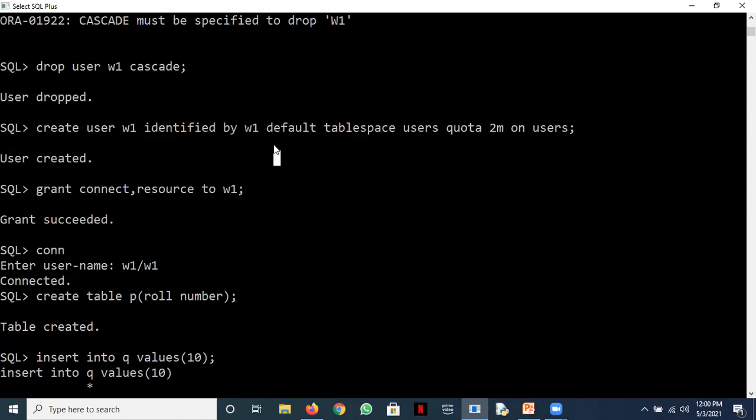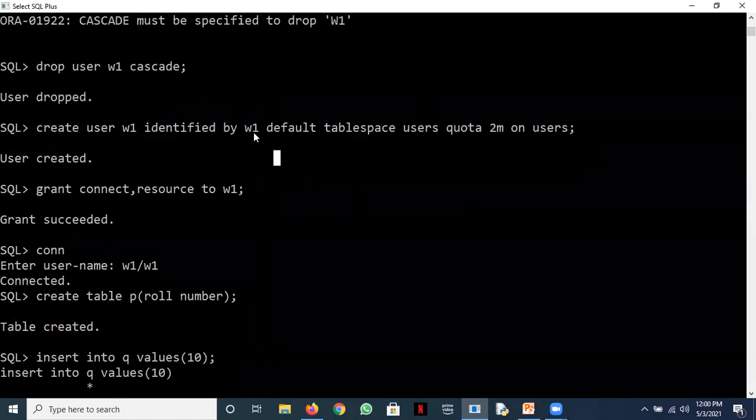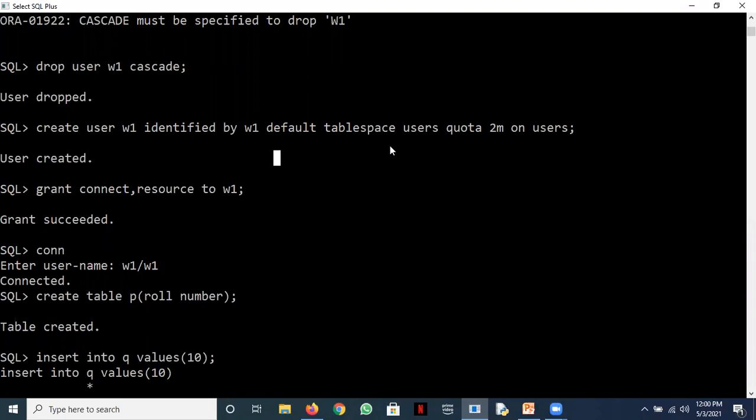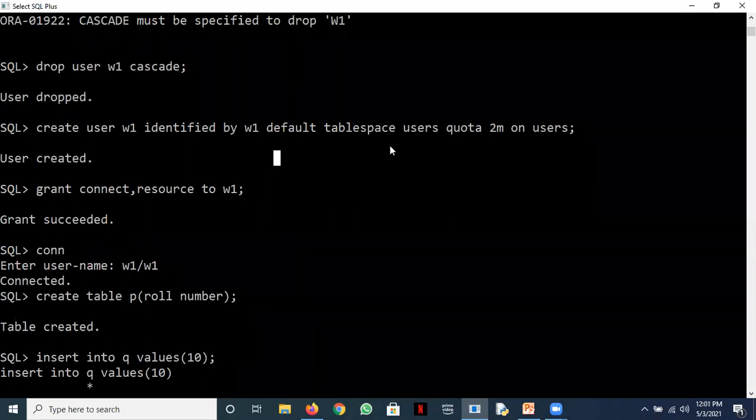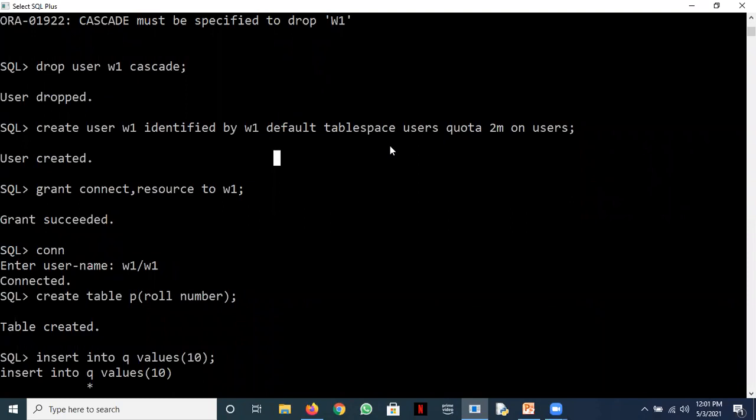Simply creating a user doesn't allow the user to create his or her objects. So you must associate some table space. Table space is where the user can store his or her objects. So one table space that is already created is users, one table space is system, and we can create our own table space also with the create tablespace command.